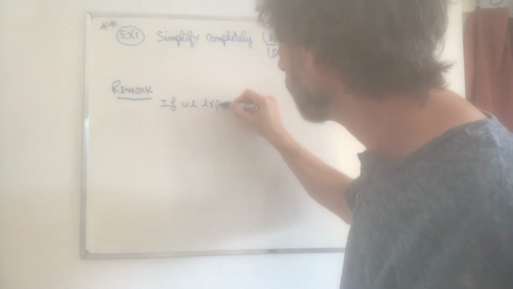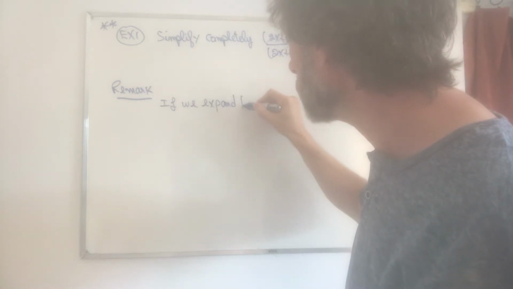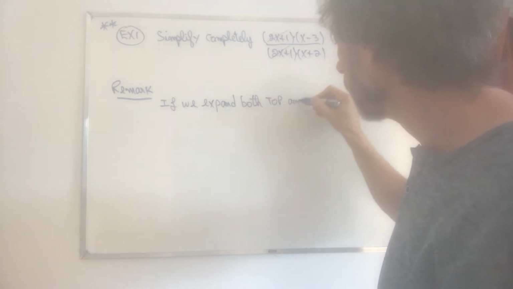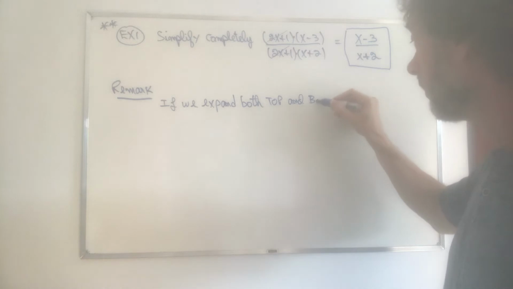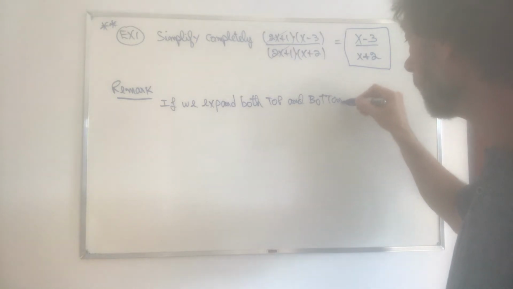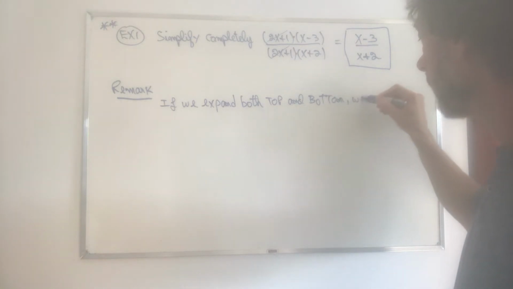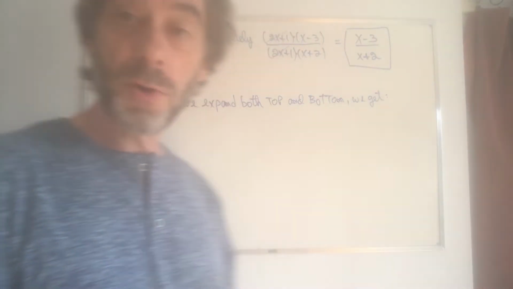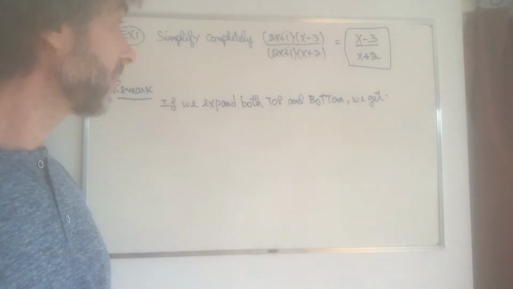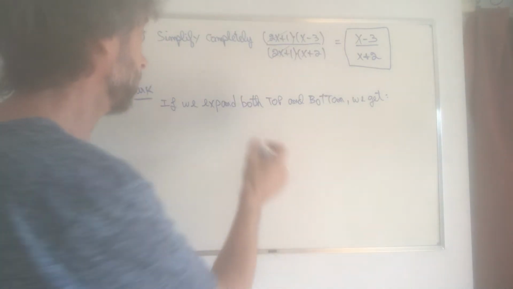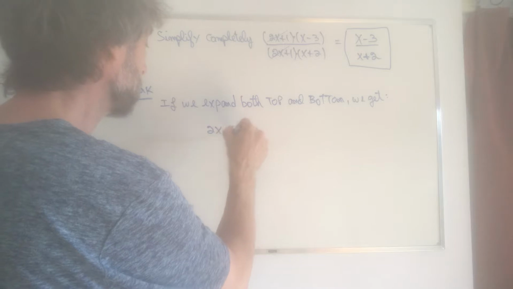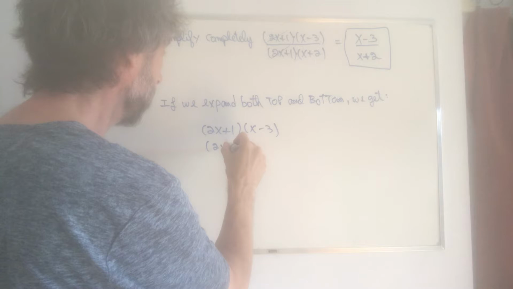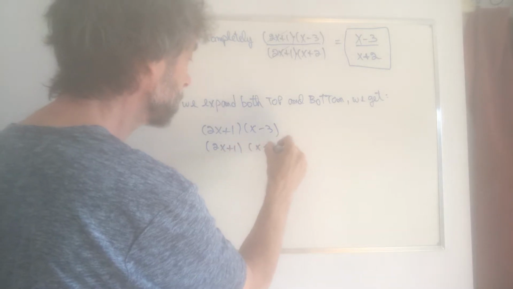If we expand both top and bottom, what are we going to get if we expand both numerator and denominator? Well, it's pretty simple really. So 2x plus 1 x minus 3 over 2x plus 1 x plus 2